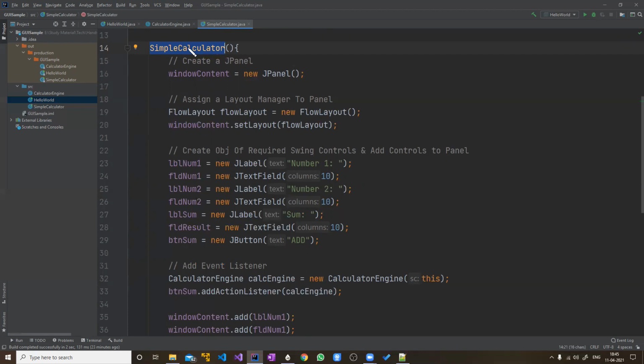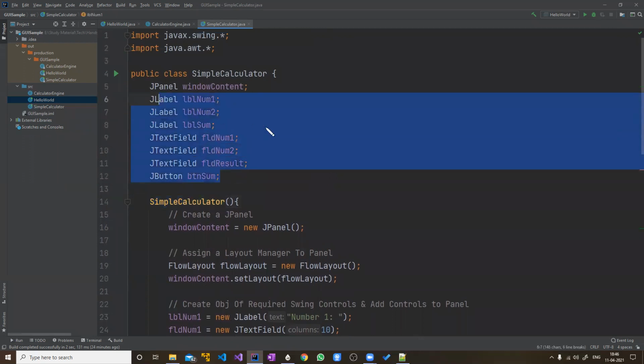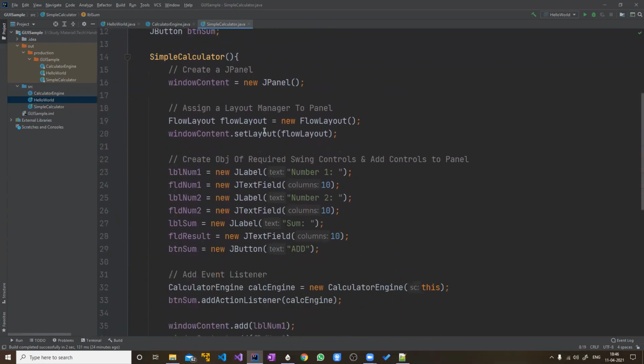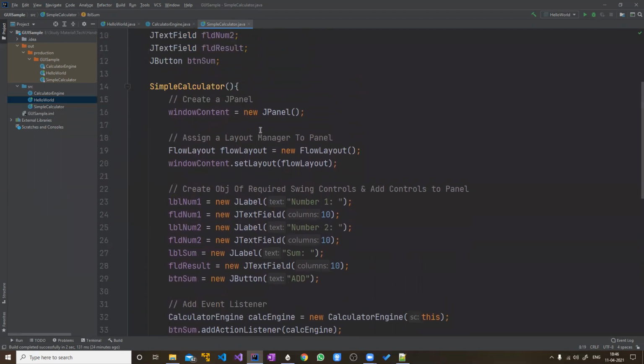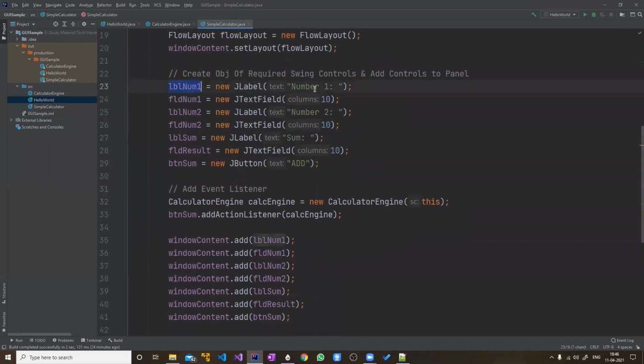So that default constructor, which is not visible, even that will be called and it will be executed. That will simply allocate some space in memory for that object, and it will have all these fields or members. So that's all. But here we want something else to happen. We don't just want these to be created. We want, for example, if there is a label, it should have number 1 as the content, number 2 as a constant. So all these things, we want it to happen like this. So that's why we have created our own constructor and done.